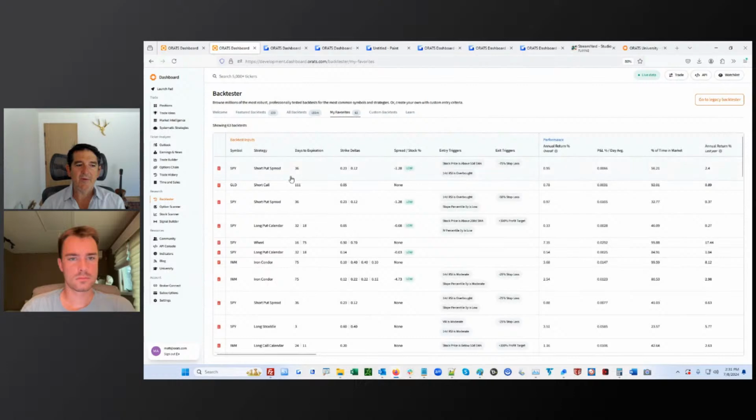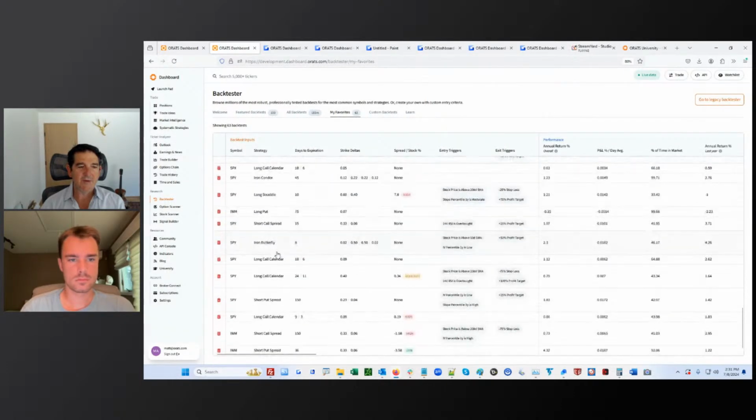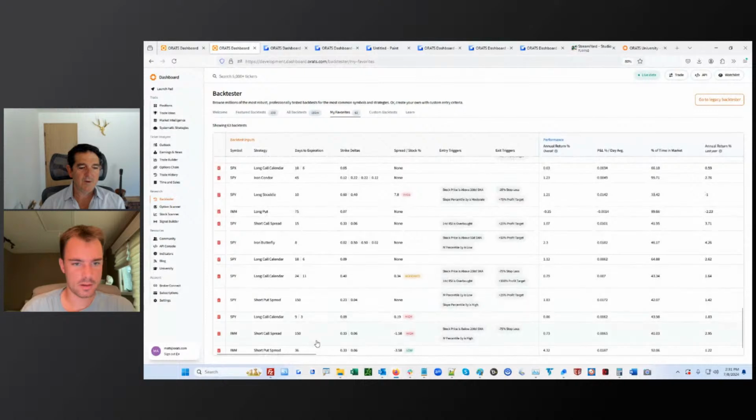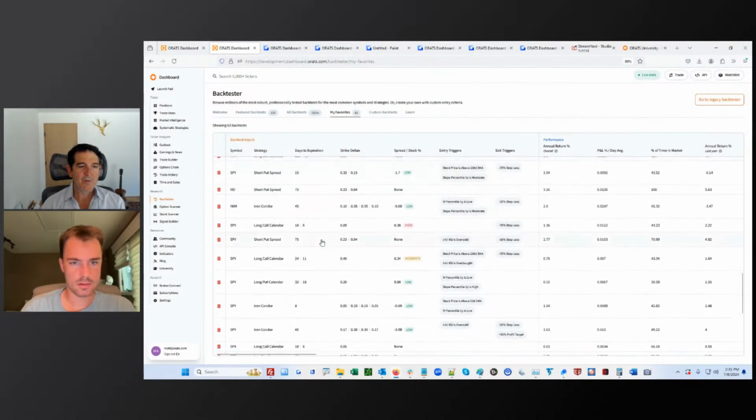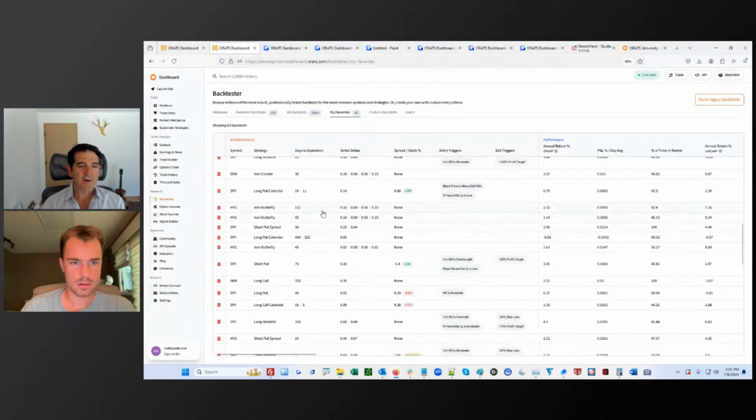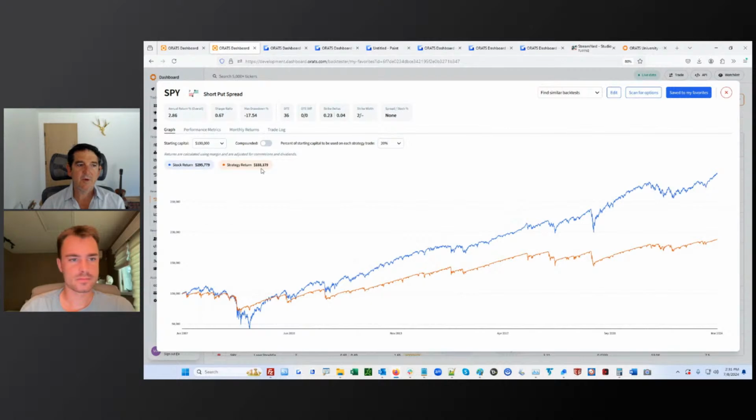So again, if we go to my favorites, the short, where does it go? Sometimes these are a little bit tough to find. I think it's at the very bottom there. No, that's IWM. So what was a short put spread? Of course, I have... Oh, there it is. Yeah, this one. No entry triggers, no exit triggers. Right. Yeah, there it is. So why don't we put a trade on for the strategy,